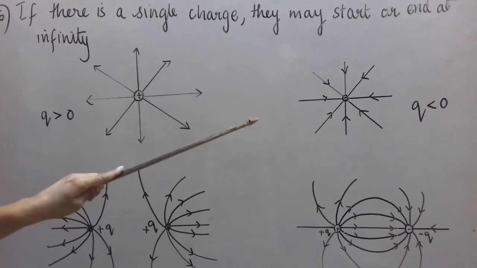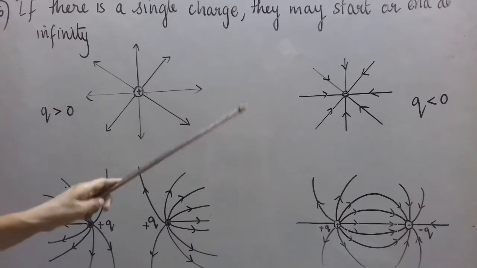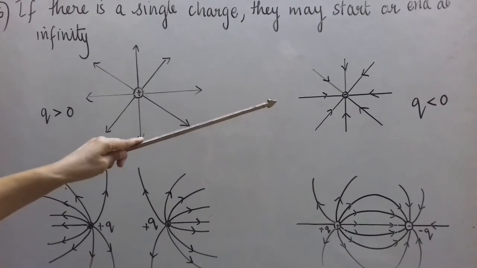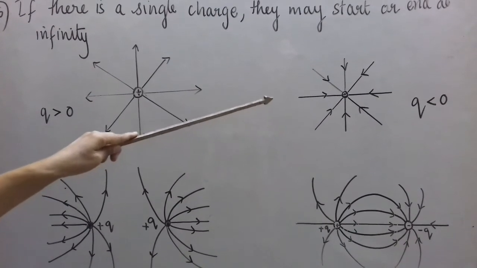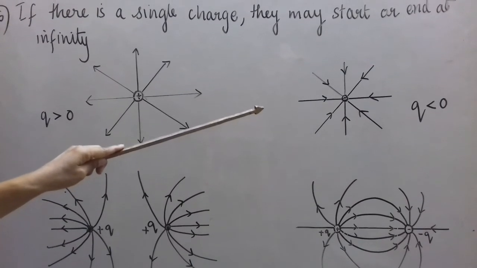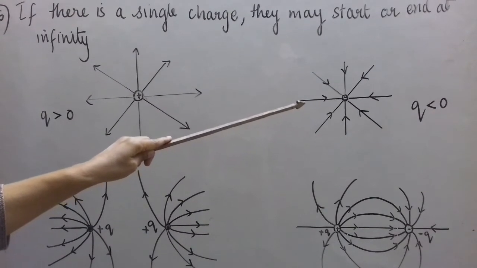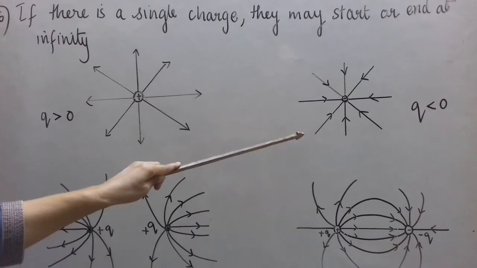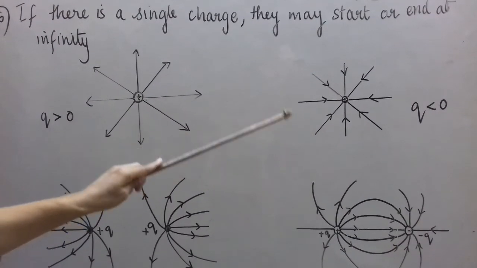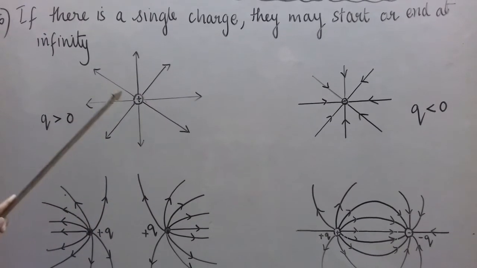Similarly, in case we have, instead of positive, a negative point charge, and then if I bring a unit positive charge here, what will happen? As per Coulomb's law, it will be attracted towards it. A unit positive charge will be attracted towards a negative charge, and in which direction? Along the line joining the charge and the source charge. Similarly, if the unit positive charge is placed here, it will be attracted along this line. So in the two cases, the lines drawn are similar, but here the source charge is positive.